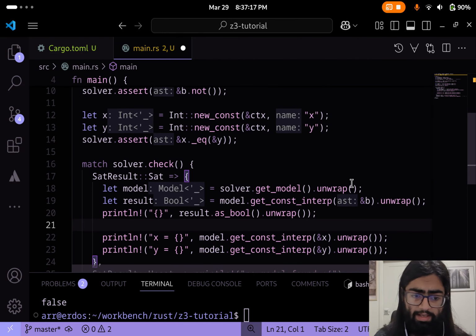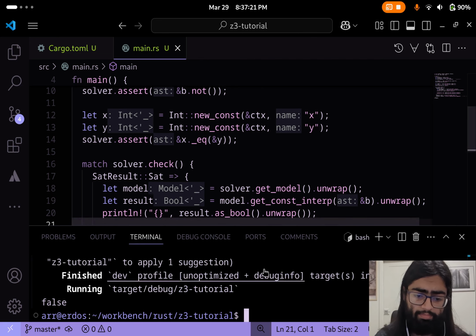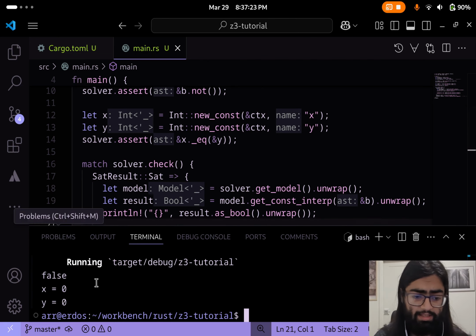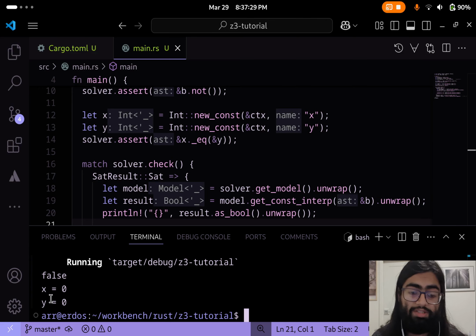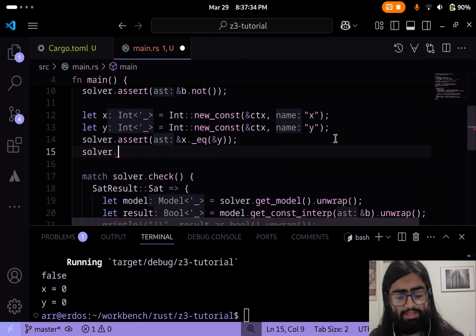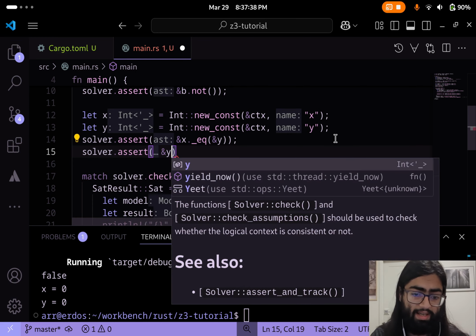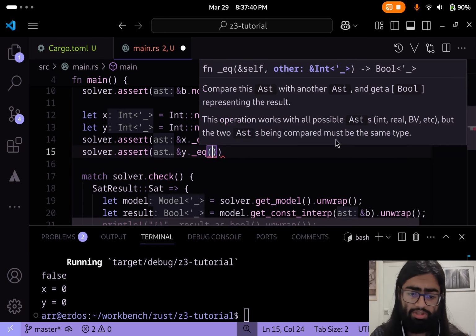Again, because of how Z3 works, it's going to find just anything. In this case, if x and y are both 0, then they're going to be equal to each other. That's great. If we wanted to also assert that, say, y is also equal to 1,